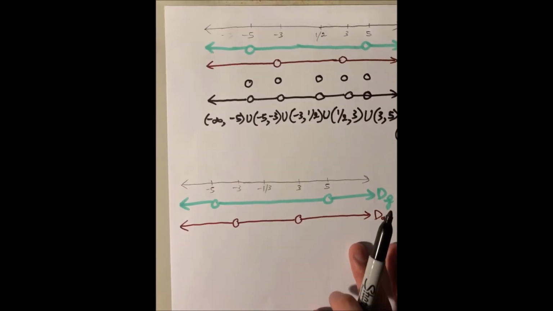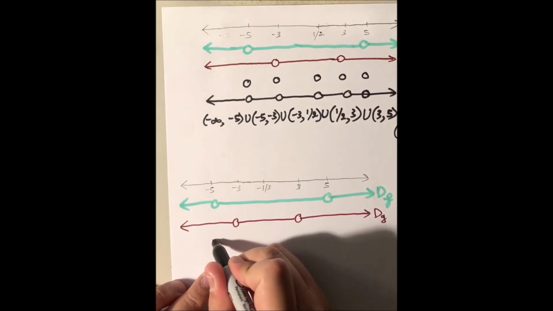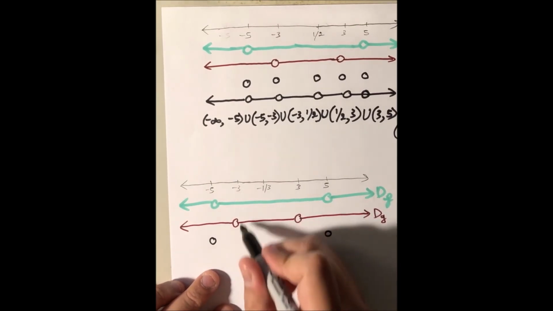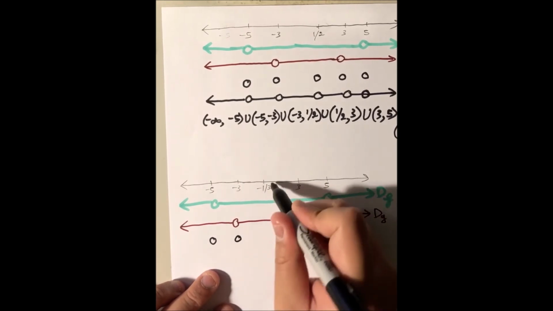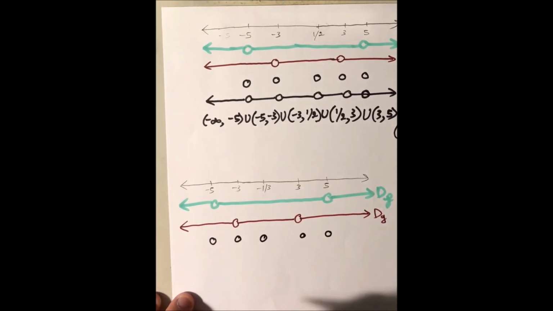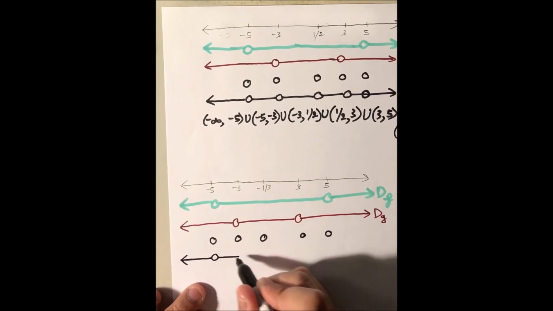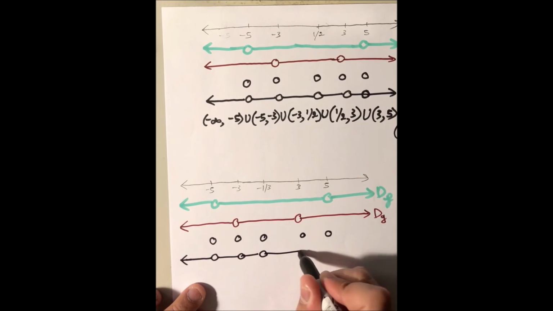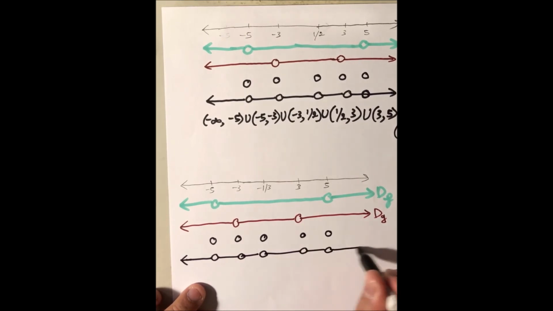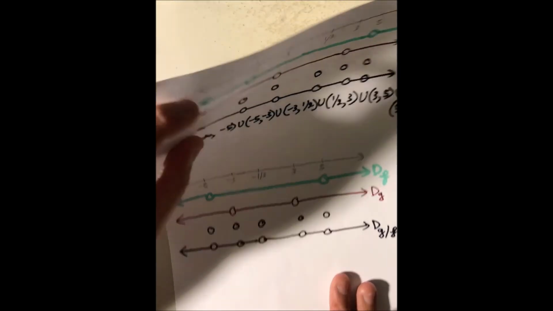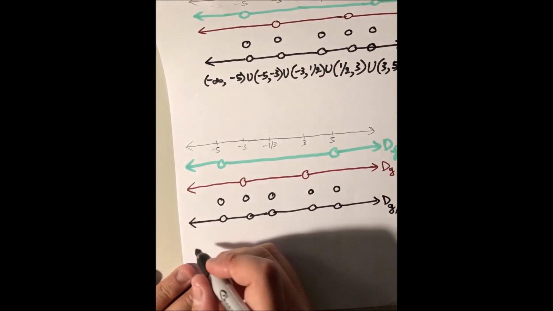So really, if we put the open circle at negative 5, positive 5, negative 3, positive 3, and then at negative 1/3, we're going to be able to come up with a domain that is all real numbers except x cannot be equal to negative 5, positive 5, negative 3, positive 3, and negative 1/3. So the interval notation for the domain of the quotient g over f is going to be from